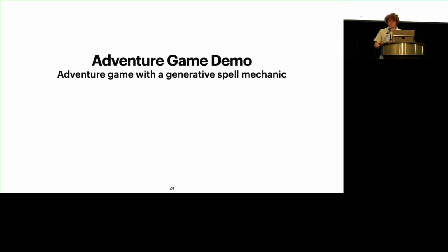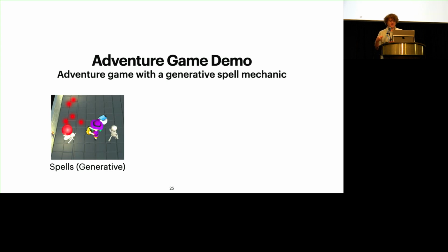The adventure game demo has the player navigating through a dungeon while fighting some monsters and solving some puzzles. And only one of these mechanics is generative. So the spell mechanic in the adventure game is a generative mechanic. The player is a wizard, and they can cast spells, and they can combine spells to make new spells. So the initial set was all made by developers, but when you combine two spells, that combination is defined by